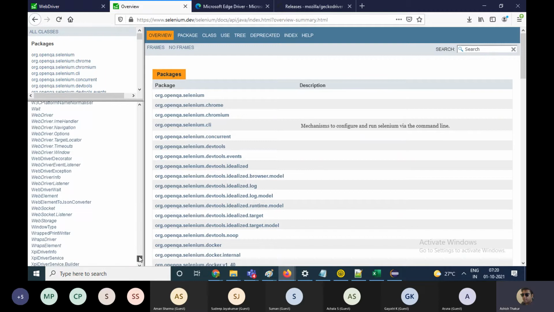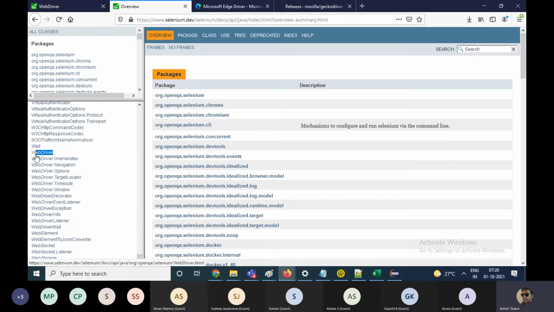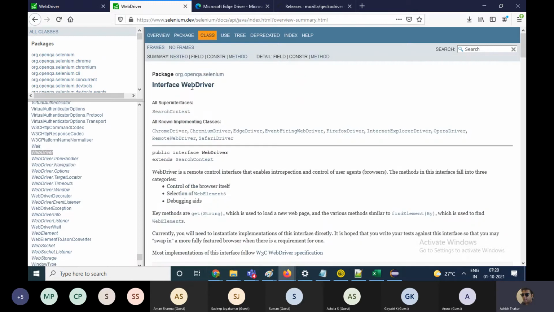For example, if you scroll down, yesterday I told you, you will find something written over here like WebDriver. WebDriver is an interface. Technically, WebDriver is an interface inside Selenium. It is the starting point of the architecture of Selenium.